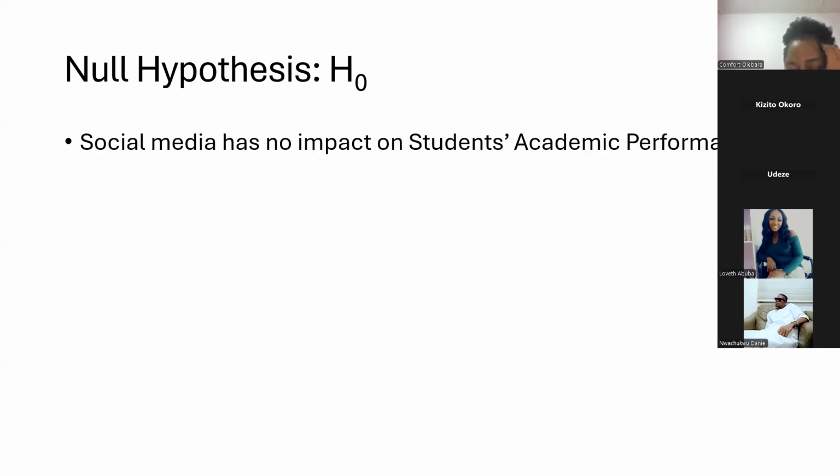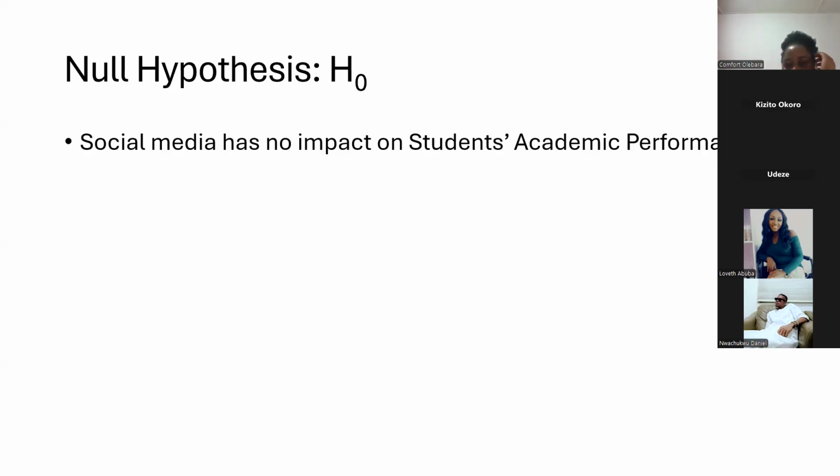The alternative hypothesis is just the opposite of our null hypothesis. The null hypothesis is the standpoint that nothing will happen, that it is not causing any impact at all. So this is your assumption. This hypothesis is simply an untested assumption that you take into the experiment itself. Do you understand? I'm assuming that social media has no impact on academic performance.